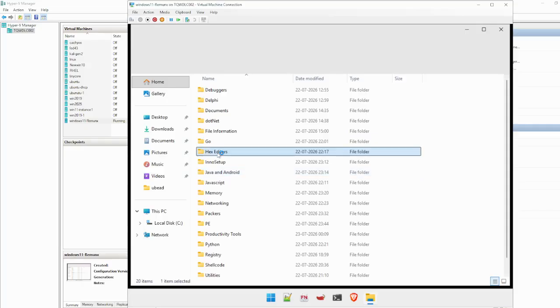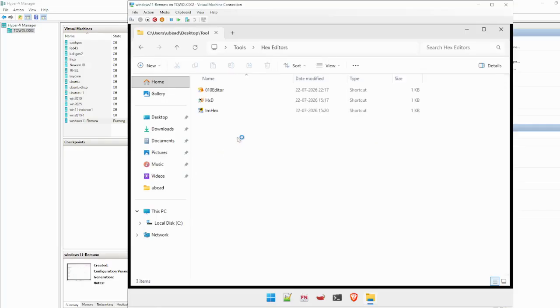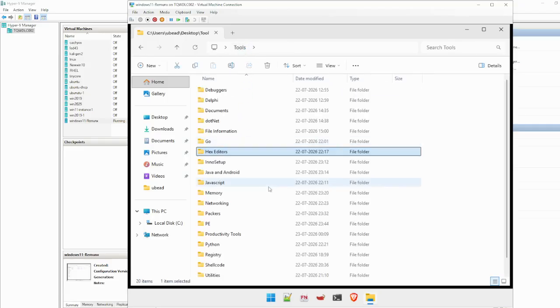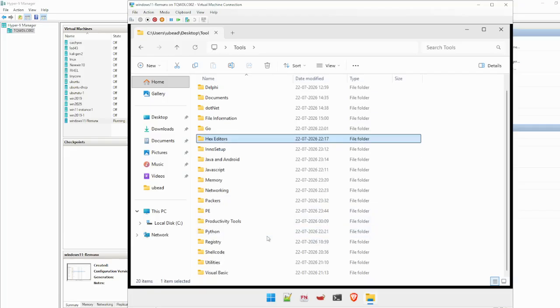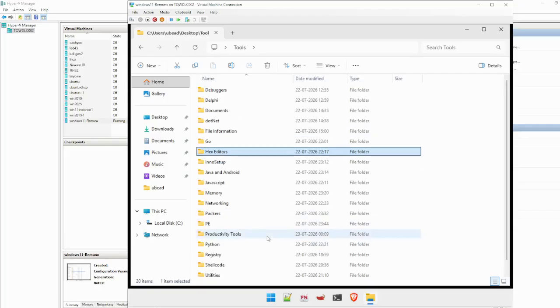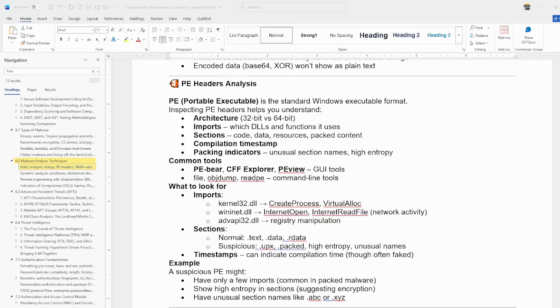Hex editors. Okay. So you have a hex editor, and others. Where are the reverse engineering tools here? Let me see what those tools are. You have Ghidra, right? So we will be seeing CFF Explorer.